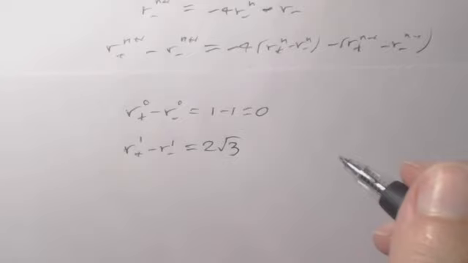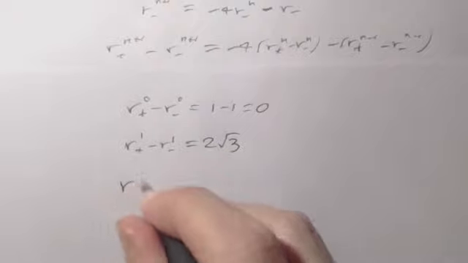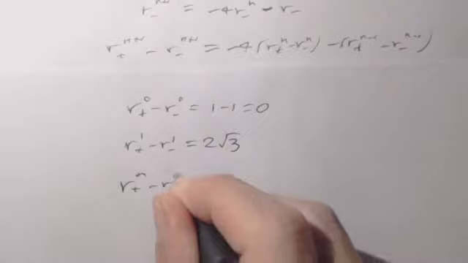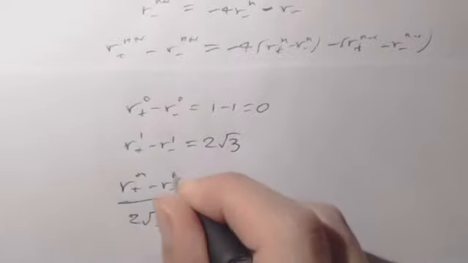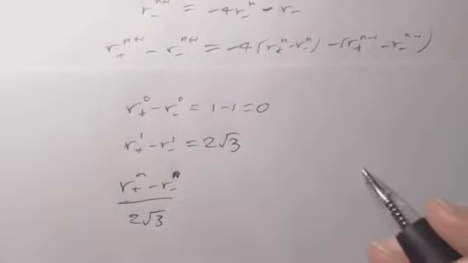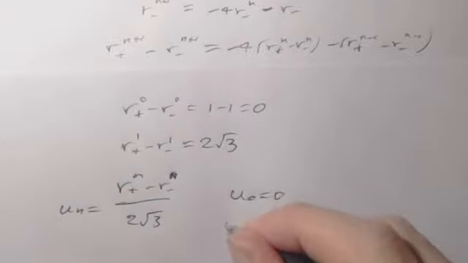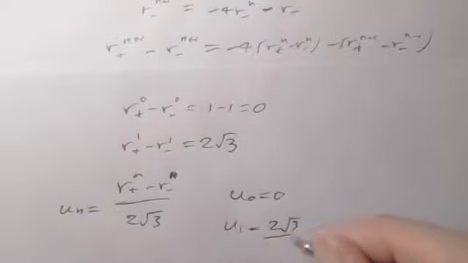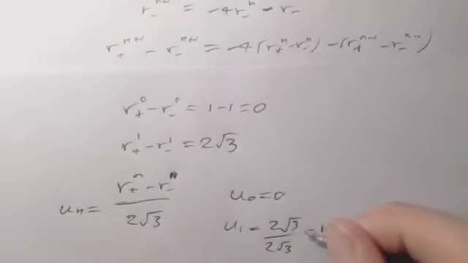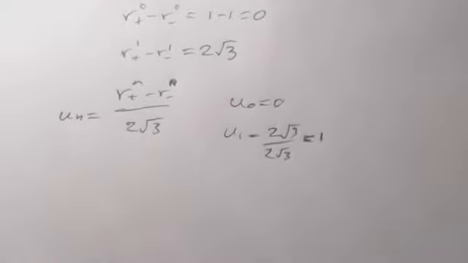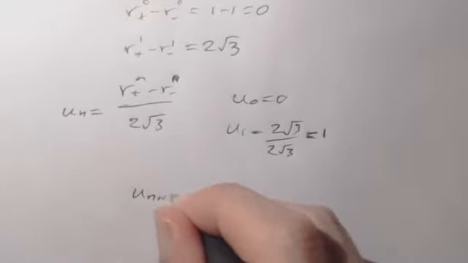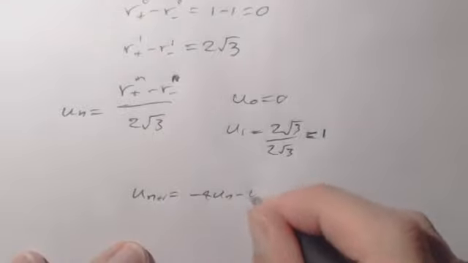Now, if instead I consider the sequence r plus to the n minus r minus to the n divided by 2 root 3, then it's still going to satisfy the same recurrence relation. So if I say let un equal this, we know that u0 is equal to 0, and u1 equals 2 root 3 over 2 root 3 equals 1. And u is going to satisfy the same recurrence relation, so un plus 1 equals minus 4un minus un minus 1,